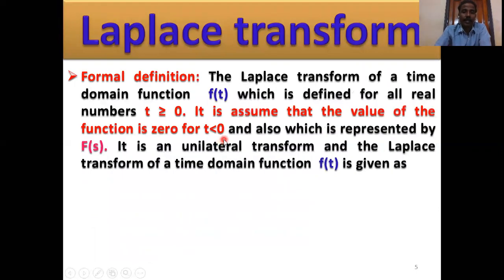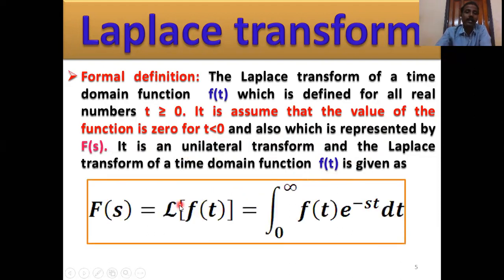Then what is Laplace transform? The basic definition or formal definition of Laplace transform. The Laplace transform of a time domain function f of t, which is defined for all real number t greater than or equal to 0. It is assumed that the value of the function is 0 for t less than 0, and it is represented by F of s. It is a unilateral transform, and the Laplace transform of the time domain function f of t is given by